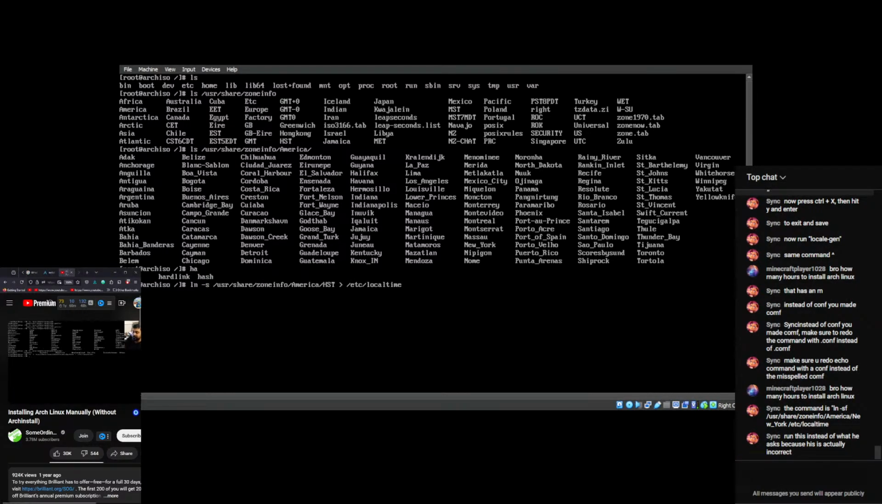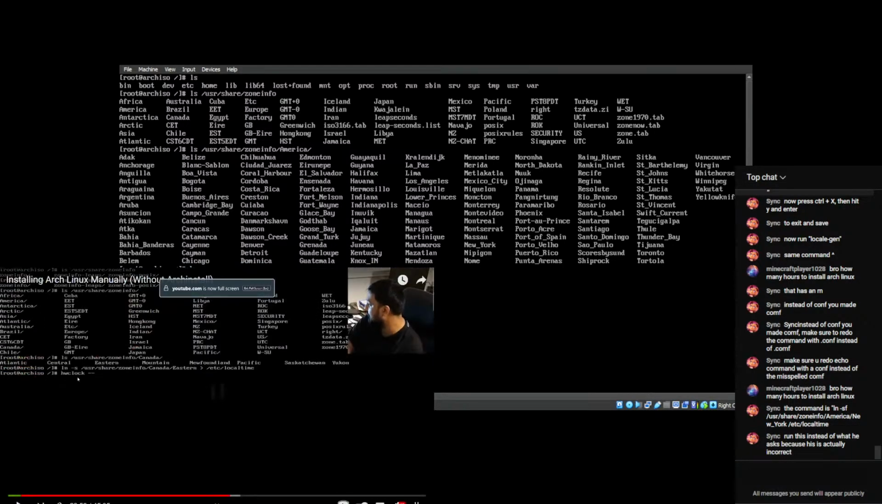Now at this point you're going to sync up the hardware clock, which is the clock inside your actual motherboard here, so do hwclock, all right? So hwclock, and then do